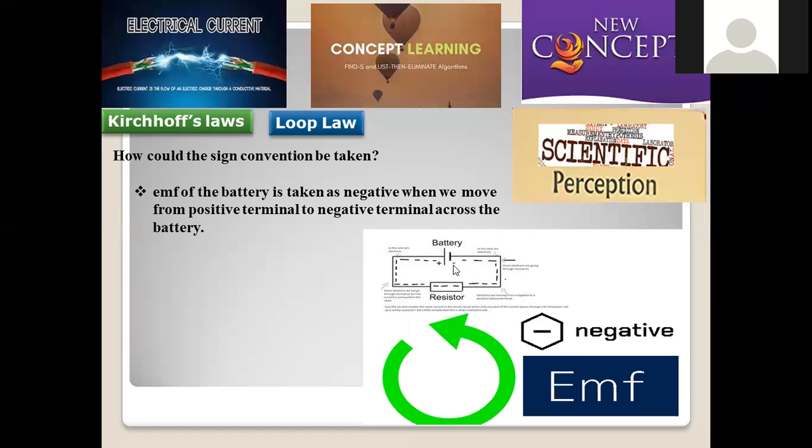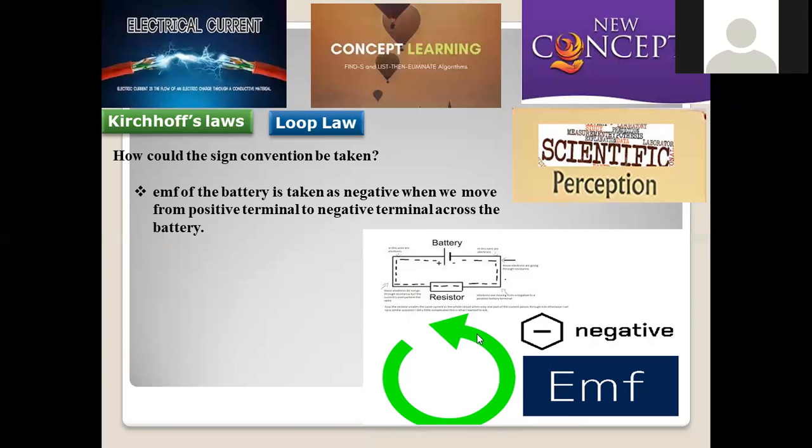One is the positive end and the other is the negative end. In a potential difference, very high electron density is denoted with negative, and lower electron density is denoted with the positive sign, right? Now, how are we moving? We are moving from the positive terminal to the negative terminal, so positive terminal to negative terminal, this kind of rotation.